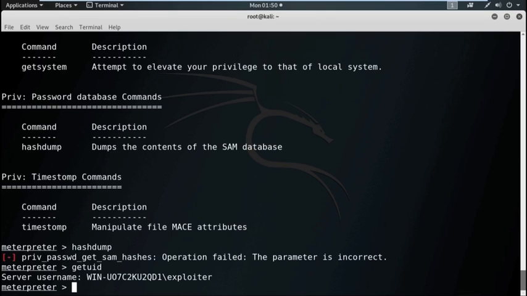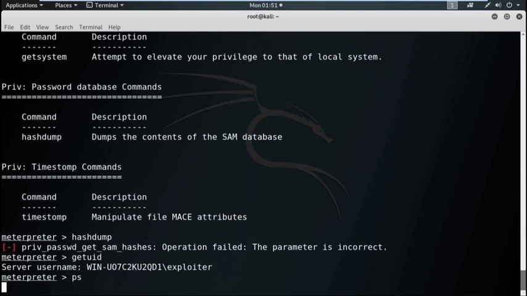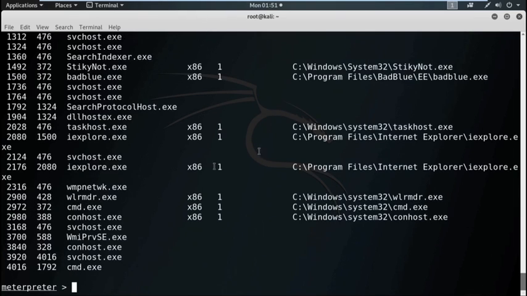Before getting the administrative privilege, I do one thing: I simply migrate the process into any other legitimate and stable process. By typing the command ps, we can get all the process list.